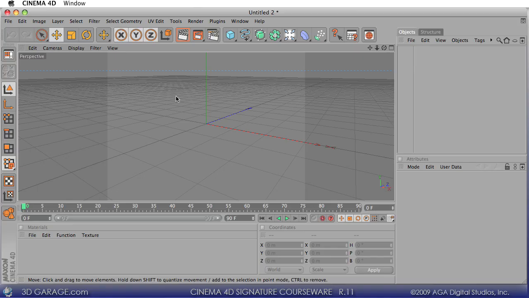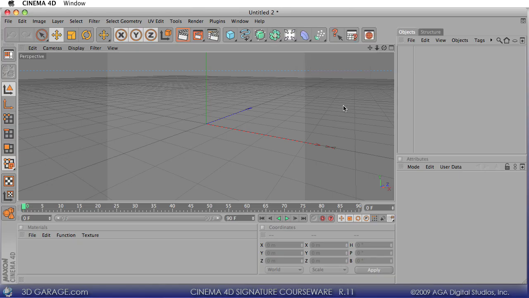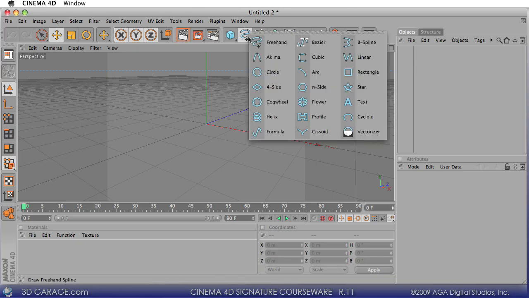But as I like to do with most of the projects, I like to incorporate as much of the tools as possible so you can kind of get a feel for how everything can incorporate. So we're going to start out by talking about more of these NURB options, specifically the loft NURBs and what that means. All right, so what we're going to do is go to our curves and we're going to add